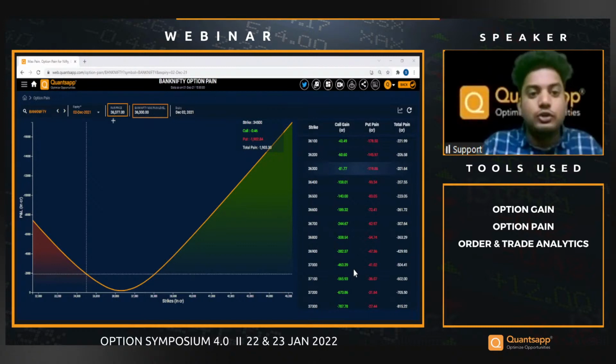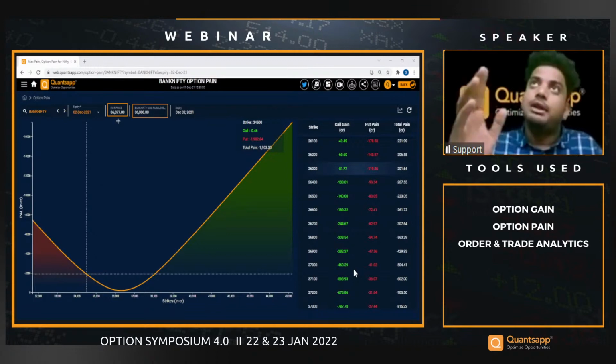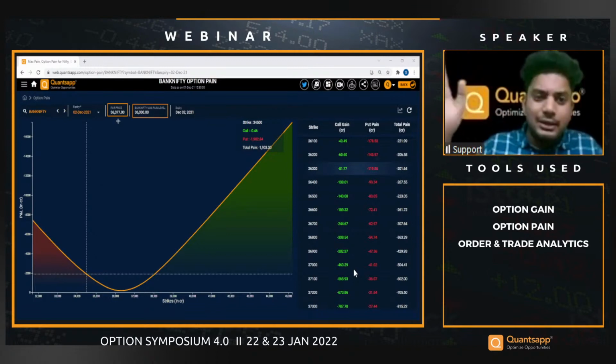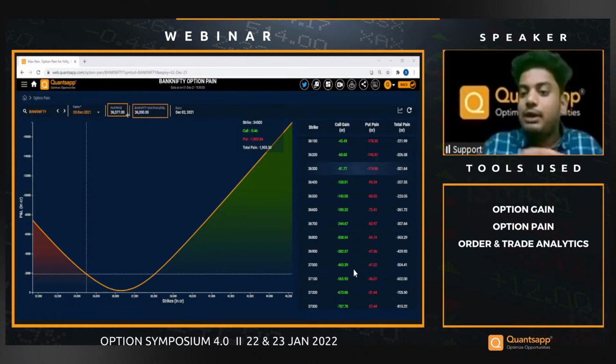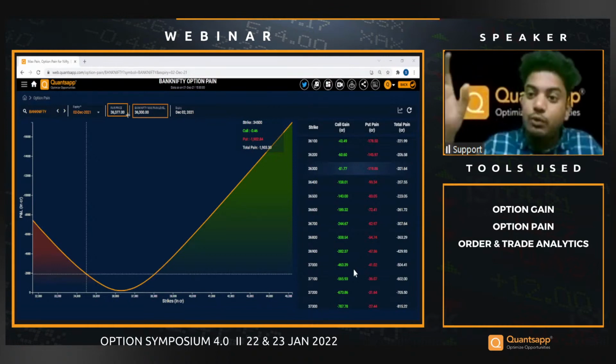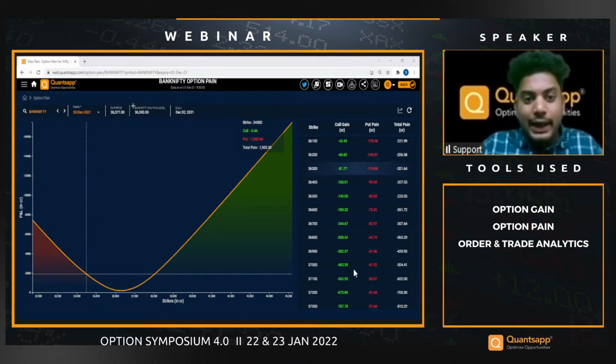Coming to the second scenario, assume that Bank Nifty goes up to 36,800, but Bank Nifty's max pain level does not move at all. It indicates that the participants are expecting the expiry in the vicinity. They are not expecting the move to sustain above that. They are expecting a pullback from there on. So this is how you can gauge the expiries better using the max pain tool.